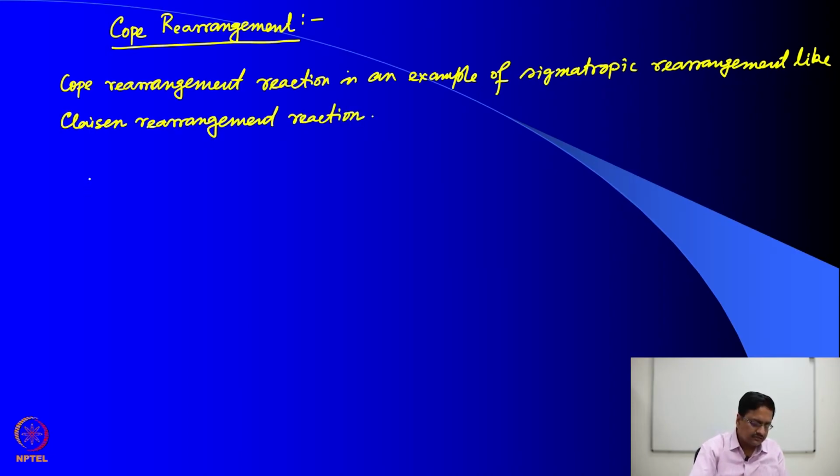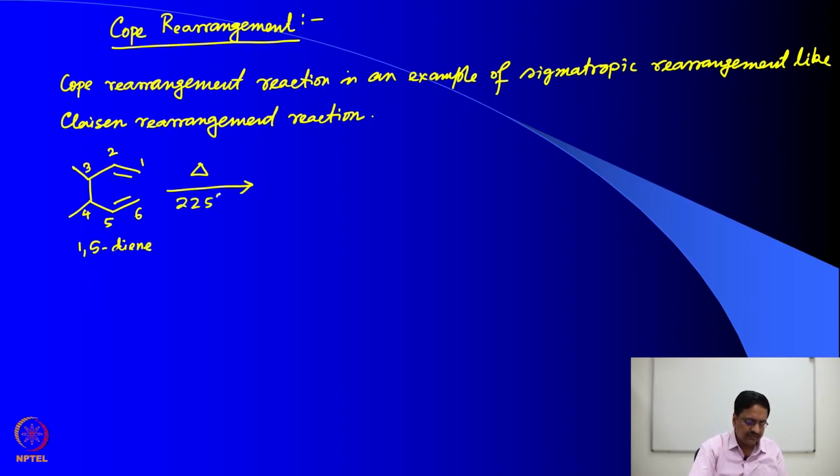Here in this reaction, if you have a compound which has two double bonds at a far distance like this, with the double bonds at 1, 2, 3, 4, 5, 6, so if it is a 1,5-diene, this compound when heated alone at 225 degree centigrade or in a solvent, this bond gets rearranged